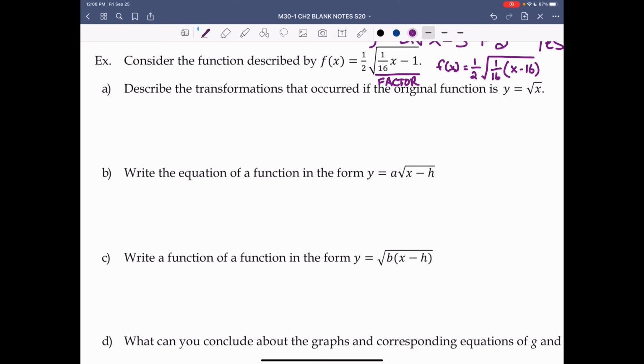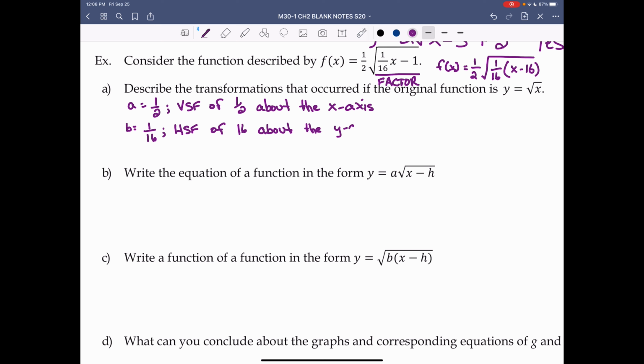Now describe the transformations that occur if the original function is y equals the square root of x. We have an a value equal to 1/2. That's a vertical stretch factor of 1/2 about the x-axis. We have a b value equal to 1/16, which is a horizontal stretch factor of 16. Remember, the b value and the stretch factor are reciprocals of each other